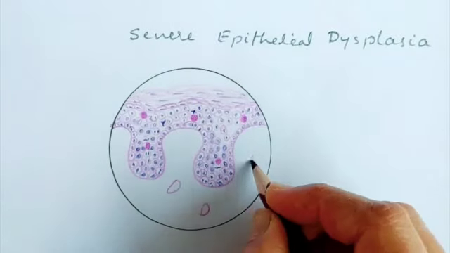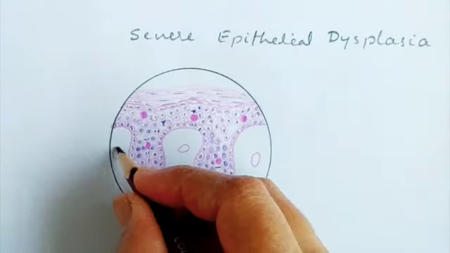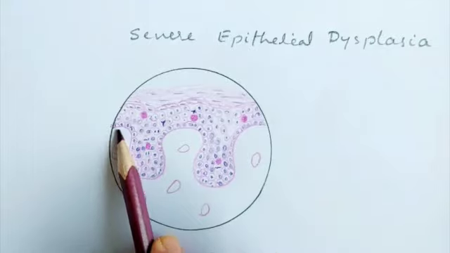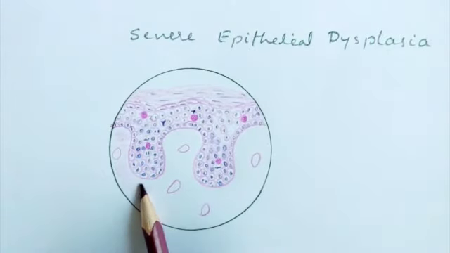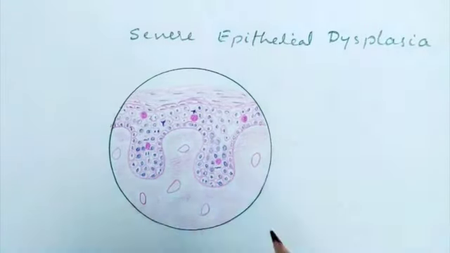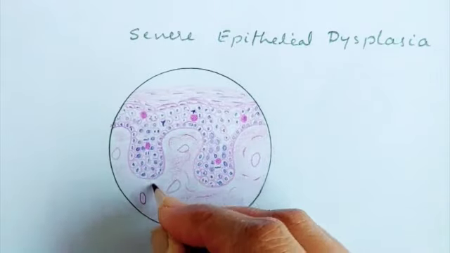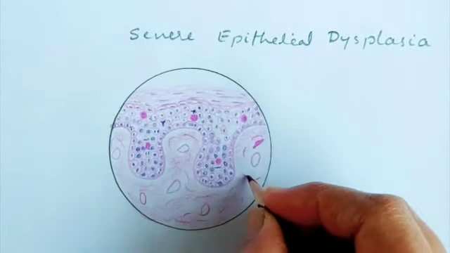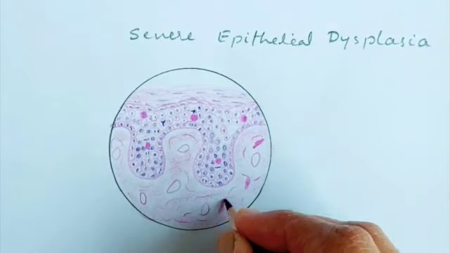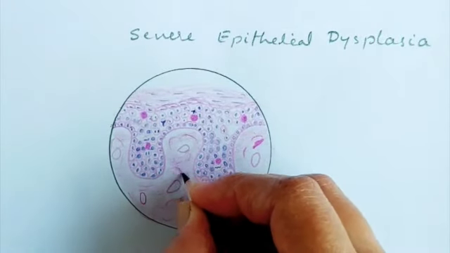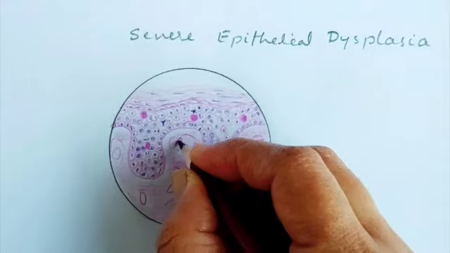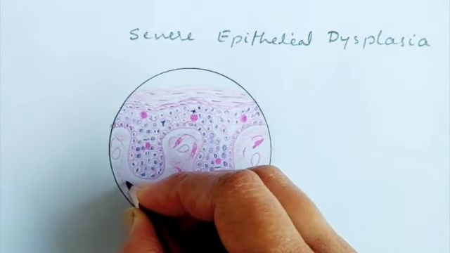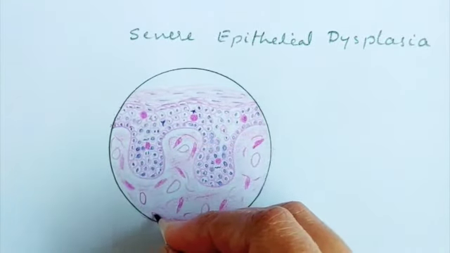Now I'll draw the connective tissue. First begin with blood vessels and the ground substance, collagen fibers, fibroblasts. This is the usual routine. By now you should know what all goes into connective tissue stroma.